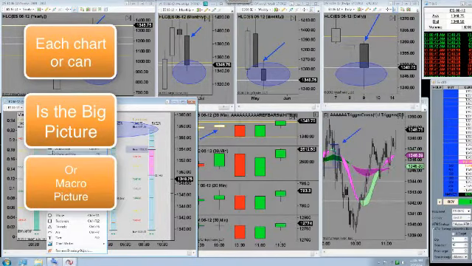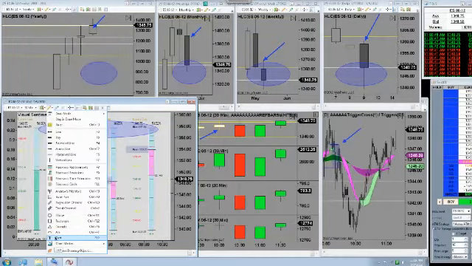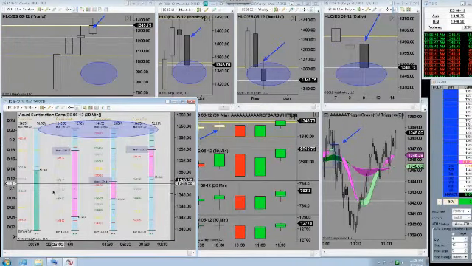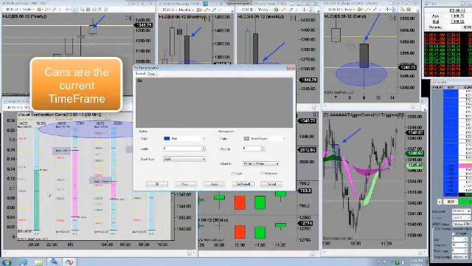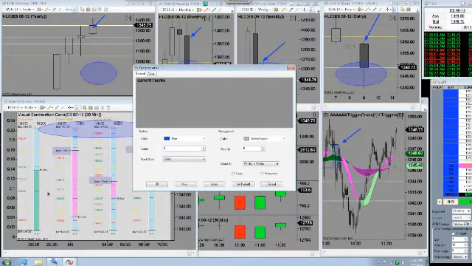Now these cans down here, these visual animation cans, is the current time frame. So the current time frame